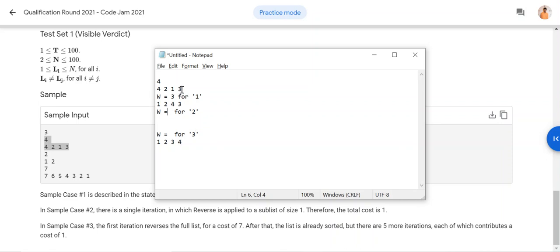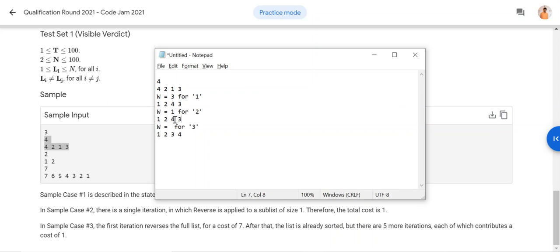Then you will be reversing this, and this is the array. Here you start to look for 2 from here till here. What is the work for 2? Since you already found it at the first position, work is equal to 1. Same thing, the array won't change because there is no reversing. For 3, what is the work?